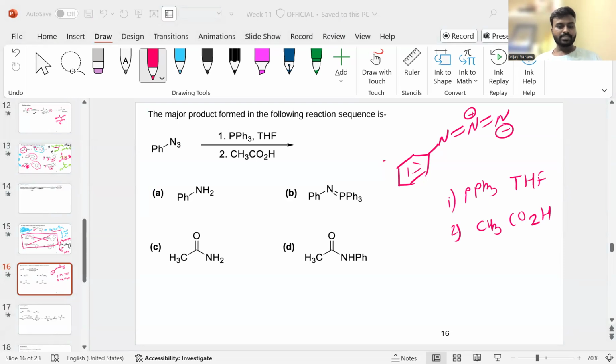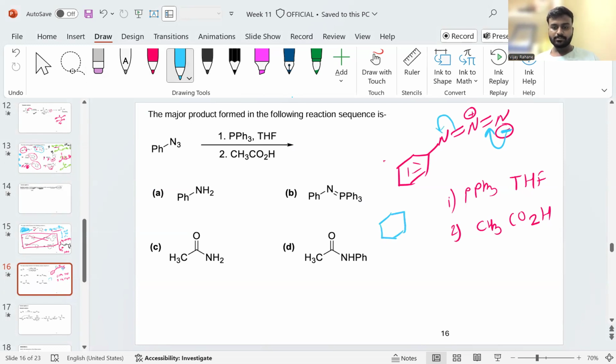So when you react the azide (N3) with the PPh3, always note down what the reaction centers are. In this reaction center, if you look at this one, it has this positive charge, and it has the negative charge. So this negative charge can go here, and this bond can go this way. So how will this look? It will now be N negative followed by N triple bond N,